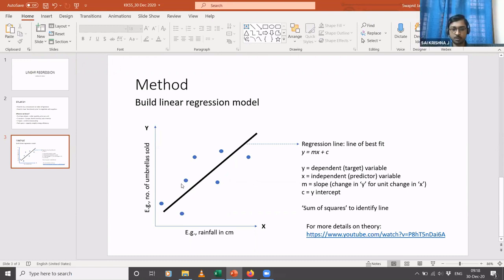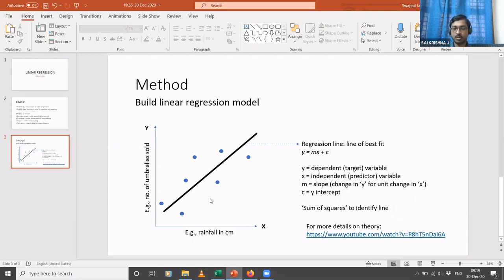So to be more precise, what we do is, we have all these individual points, right? So from each of these points, we calculate the distance between this point and this line. And then we square that distance. So let's say you calculate the distance of this point from this line, and you square that distance, that will be something like S1. Then you calculate the distance between this point and this line. You square that distance, that will become S2. So similarly for this point, it will be S3. Here it will be S4, S5, S6, S7, like that. Okay, and you sum up these squares. So that's what we say here, sum of squares. So you sum all those square values like S1 plus S2 plus S3 up to S7. So that is for this line.